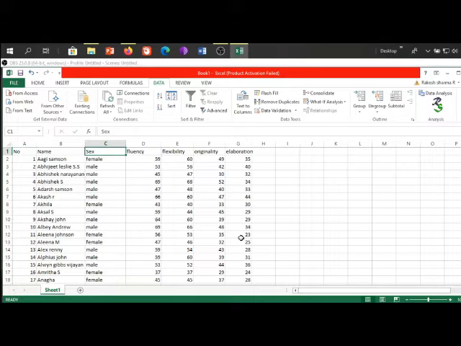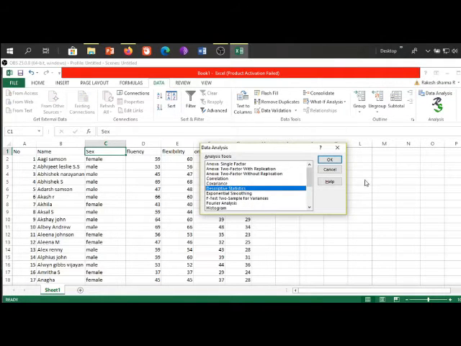After you enter the data in Excel, click on the Data Analysis part. A new window opens which shows numerous statistical functions. Among them, we have the option Descriptive Statistics, which we are currently studying.